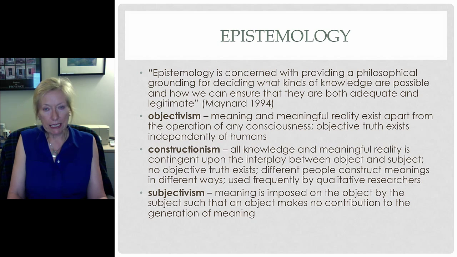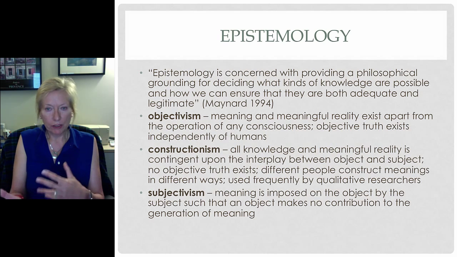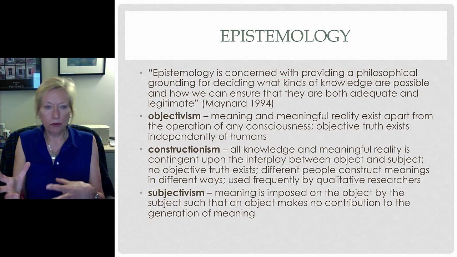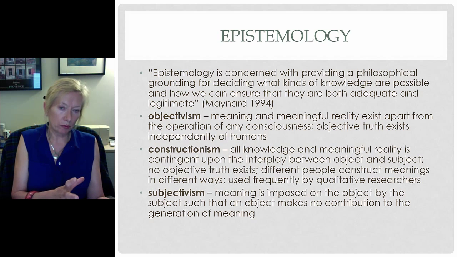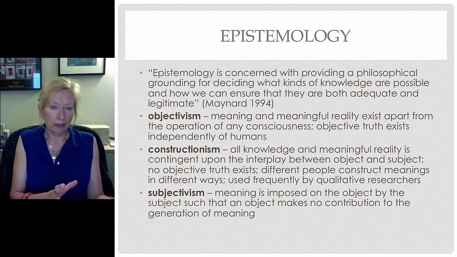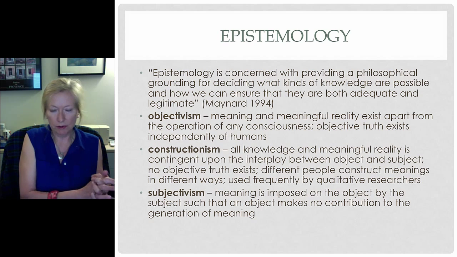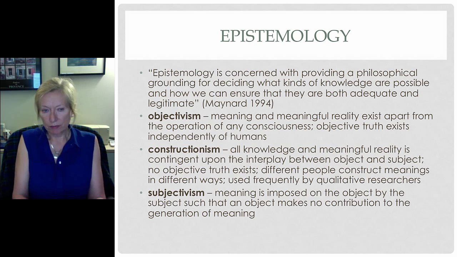And this is concerned with providing a philosophical grounding for deciding what types of knowledge are possible and how we can ensure that they're both adequate and they're both legitimate. And so objectivism is that objective truth exists independently of humans, and that meaning and meaningful reality is apart from any operation of consciousness. So constructionism,